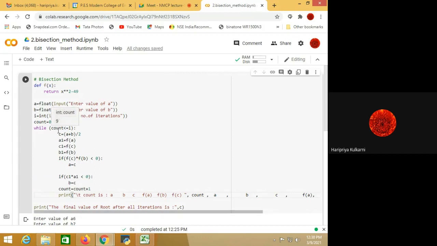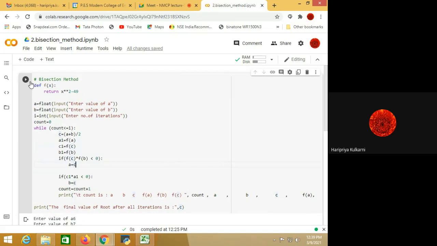When count is 5, 5 is less than or equal to 4, no. So it will not execute, it will come out. After coming out of the loop, we are printing the final value of the root after all iterations. It is going to be stored in C, because C equals a plus b upon 2. So C is our final root. That we are printing.